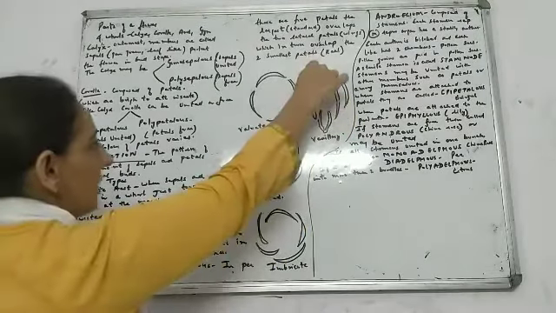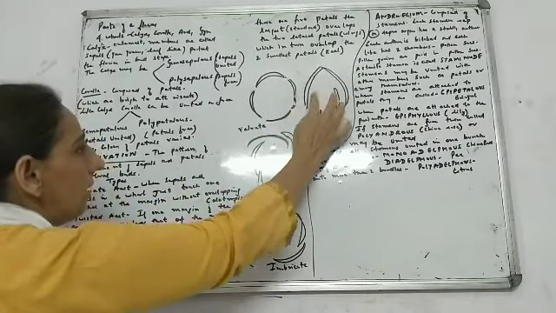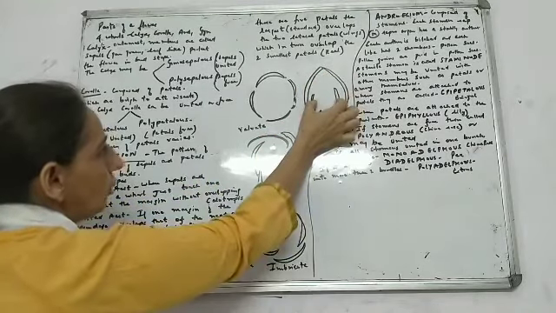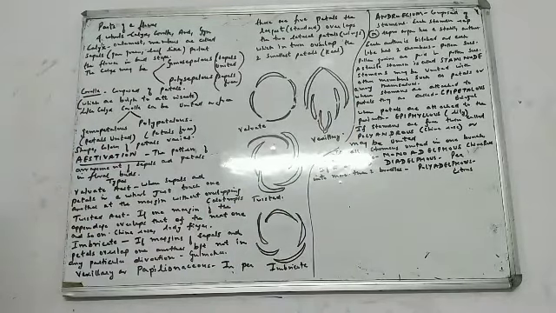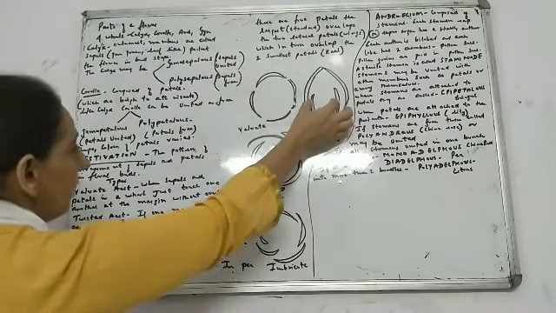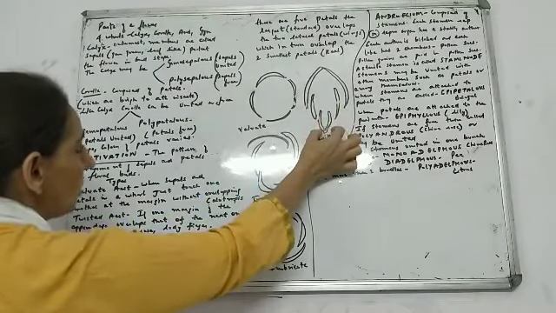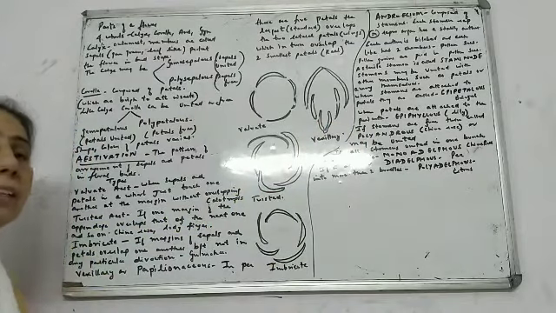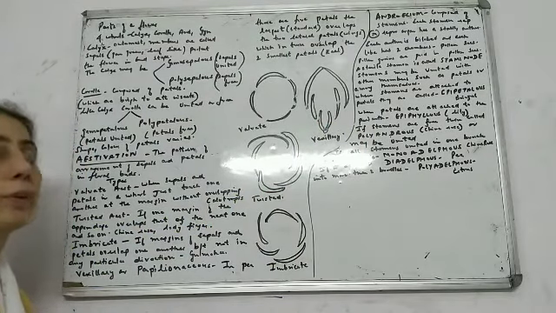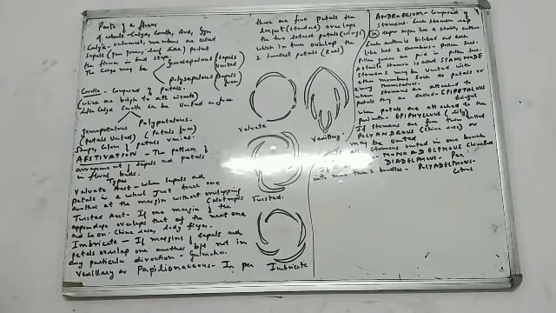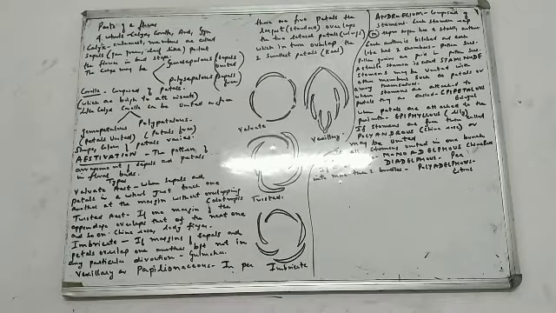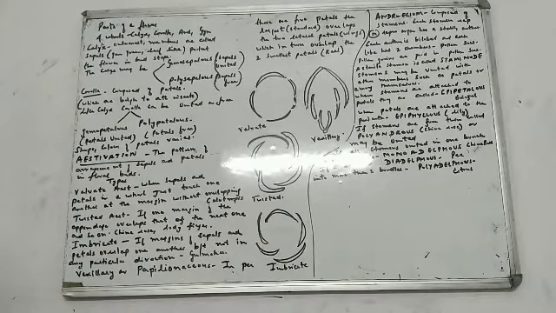Wings. The largest petal was the standard petal. This is completely overlapping these 2, which are called wings. And these wings in turn overlap the 2 smallest petals, which are known as keel, K-E-E-L. So these 5 petals can be divided into 3 categories. The largest petal is called standard, the middle sized ones are called wings, and the smallest petals are called keel.